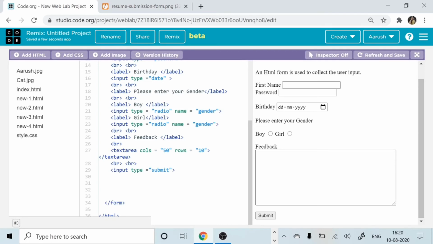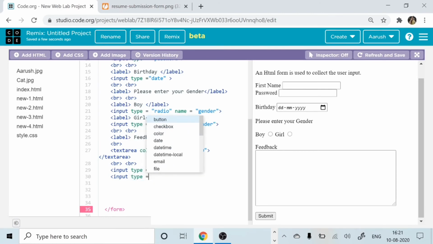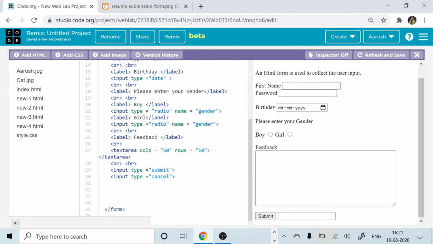Now suppose I have to put another button that says cancel or something. So same thing. See here, you don't need the label. That's the nicest part, the easiest thing you can do over here. So it is type equal to, then we say like this, and I will say that's a cancel button and close. Correct? Or you can say the best one is, instead of cancel, let's put it as reset. Correct. Okay. So you have submit or reset, whatever you want to say.